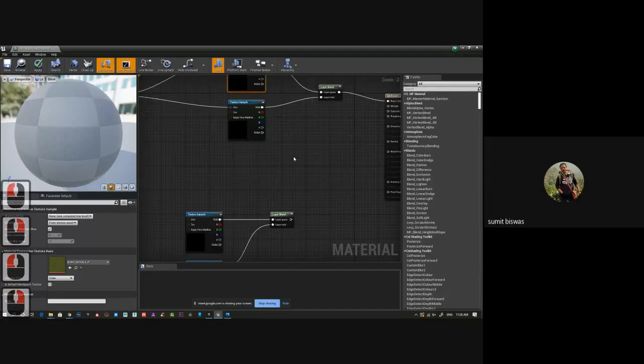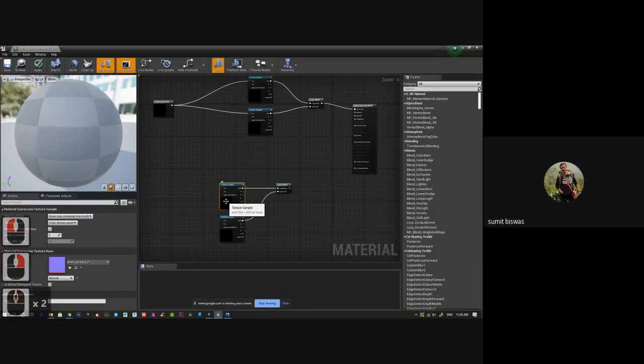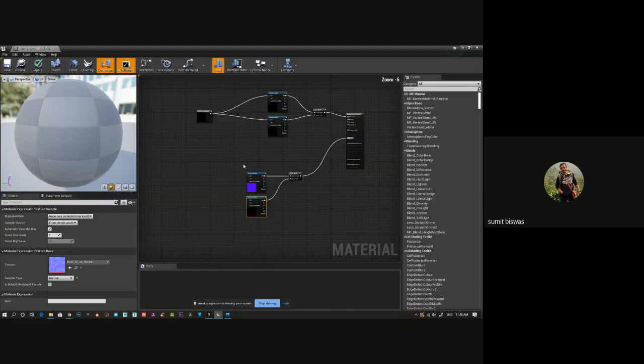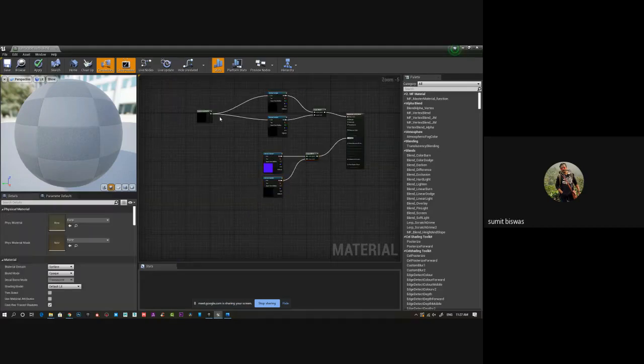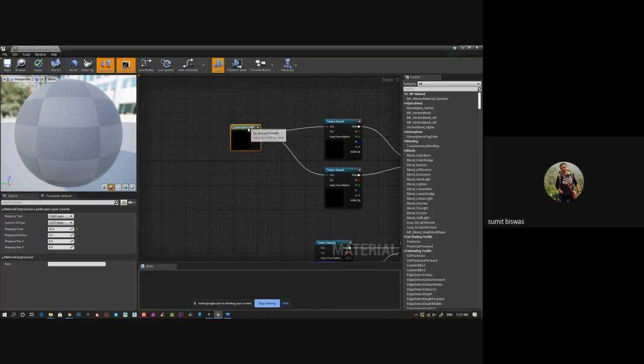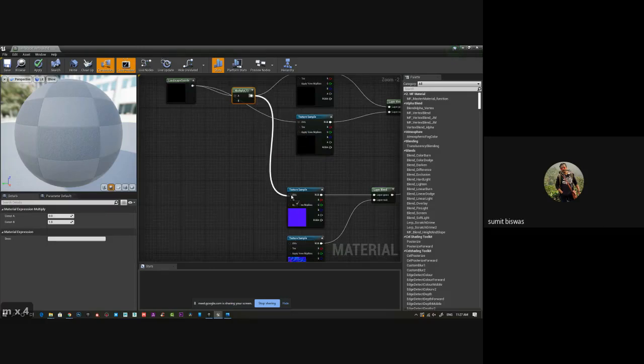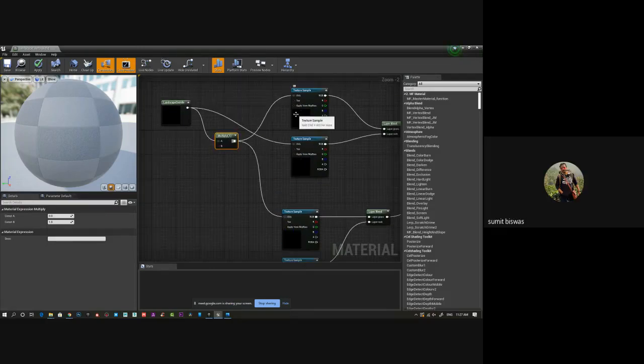So I just simply duplicate this. This is my grass and this is my rock. So this is normal. I'll apply normal to normal directly. Nothing complicated. Very simple. And world coordinate. And this is for tiling, the scaling for this thing. Suppose I want to control the tiling, I can use a multiply and select this, and connect this normal to this grass normal.